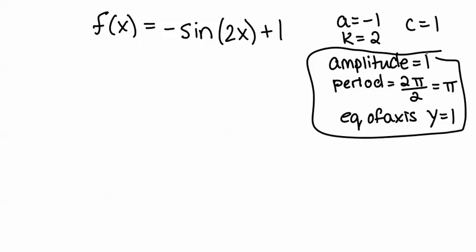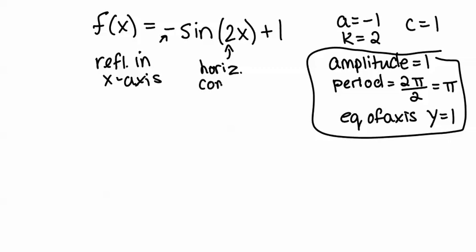If I wanted to describe the transformations, I would say that tells me there's going to be a reflection in the x-axis. This tells me there's going to be a horizontal compression by a factor of a half, and this tells me my graph is going to shift up 1. So if I'm going to graph it,